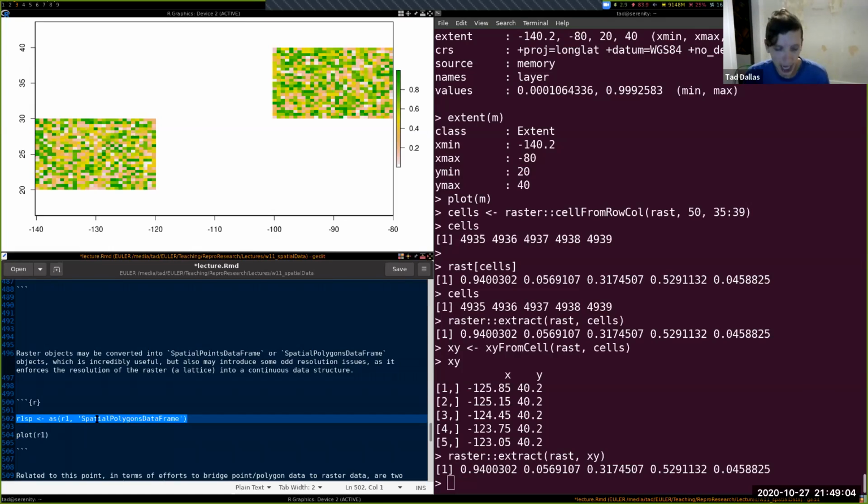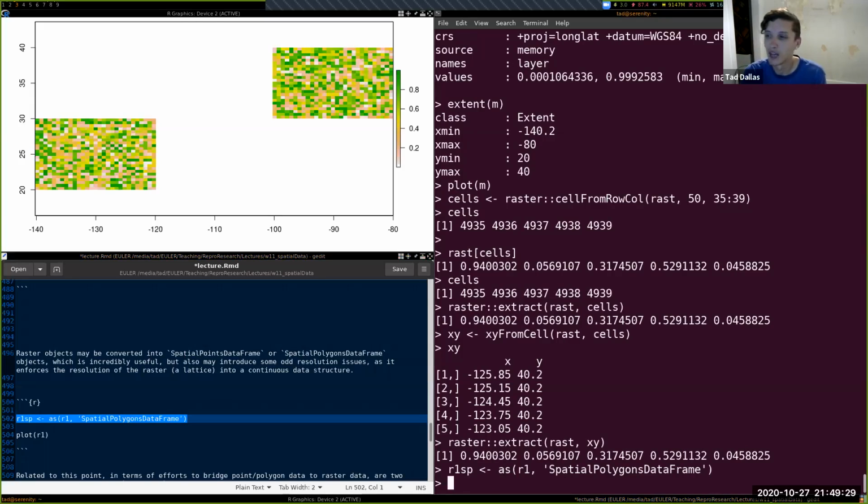So rasters can also exist as spatial polygon data frames. This is an arbitrary example, as many of these are, because manipulating a raster data frame into a spatial polygons data frame will inherently still maintain the lattice-like structure of a raster. And here's sort of proof of that. So I use